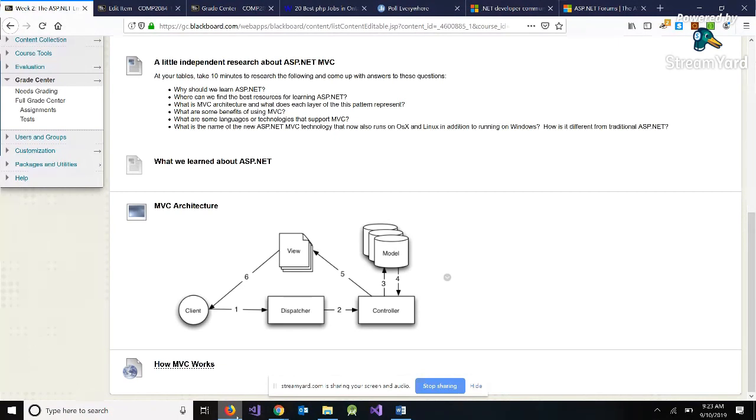So according to this diagram, our client makes a request to the web server, that's the dispatcher, our web server, and this particular URL, it's a specific instruction. So the way that the web server is going to interpret this URL, and again, this is in any MVC pattern, not specific to ASP.NET. It's going to look for a controller called